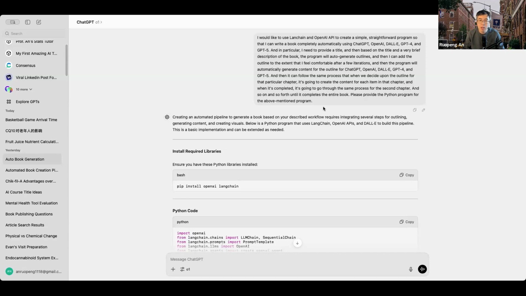And specifically, I also asked the O1 model to create the program using the Python language and the LangChain framework, because LangChain provides a uniform framework for us to easily replace one large language model with another, so that we are not bound by the OpenAI API specific syntax. And now this is the first prompt I wrote. And then the O1 model started to work.